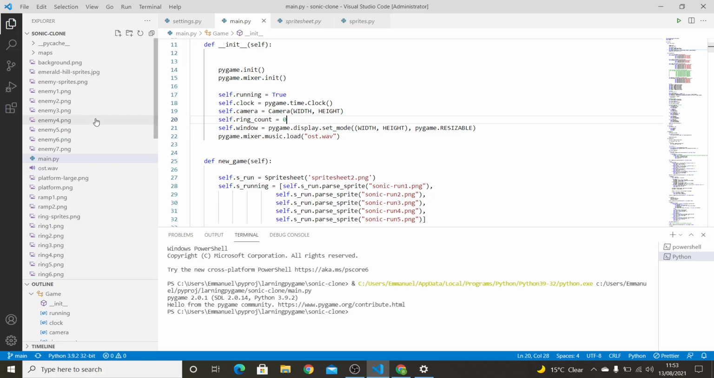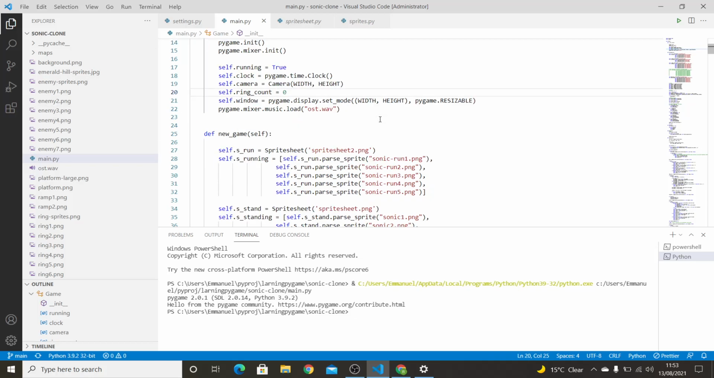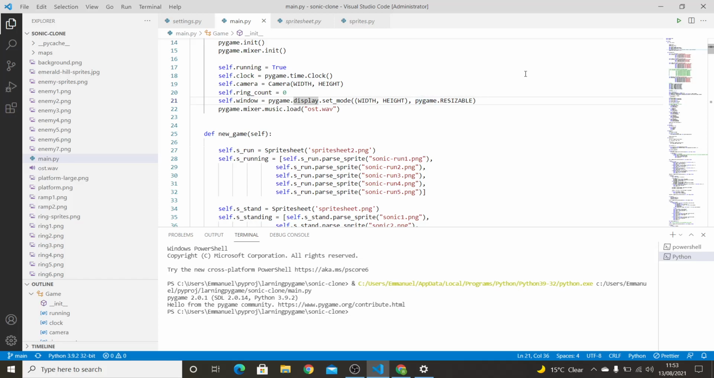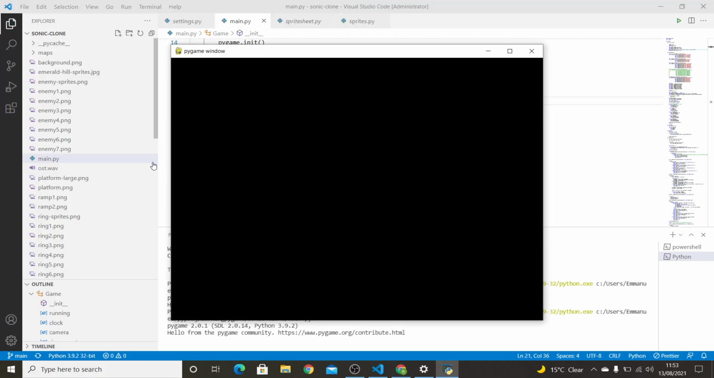And so this is the ring count. I'm not sure if I need this or not, but I spent months creating this, and so I've kind of lost track of a lot of things. But this is basic Pygame. You create a window using pygame.display.set_mode. You set the width, and also you can set a flag. And this is a resizable flag. So if I was to run it,